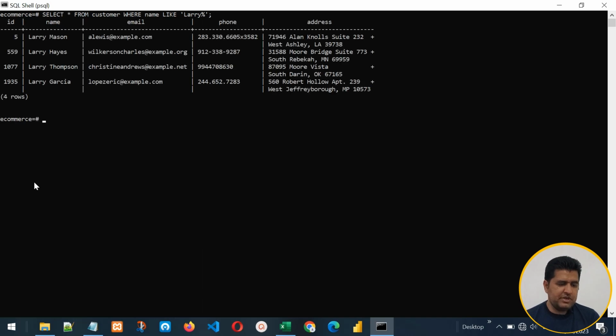It returns Larry Mason, Larry Hayes, Larry Thompson and Larry Garsha. So the first name, we mentioned that the first name is Larry, but we do not know anything else after that. So therefore we added % sign. Similarly, we can use the underscore wildcard with like operator to get specific results. For example, I say that select star from customer table